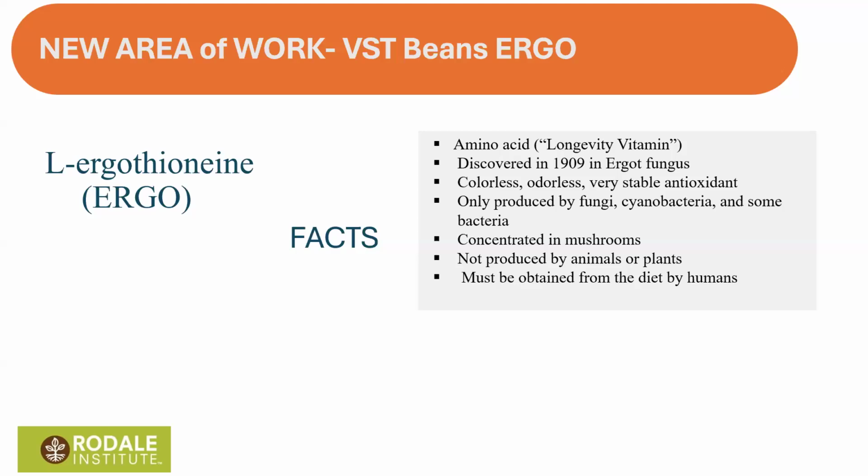Now, there was not much work done on which fungi. There are trillions of fungi and bacteria, but now we are teaming with scientists across the United States. We are working on pinpointing which of those fungi or bacteria